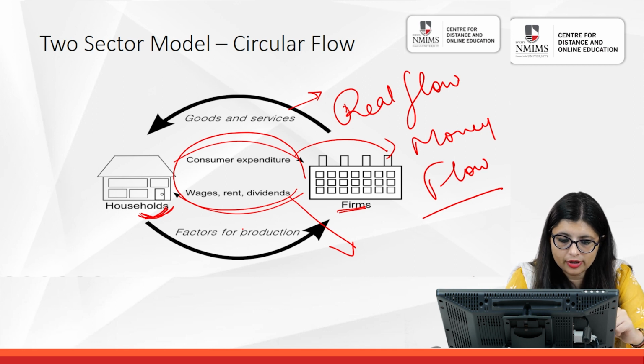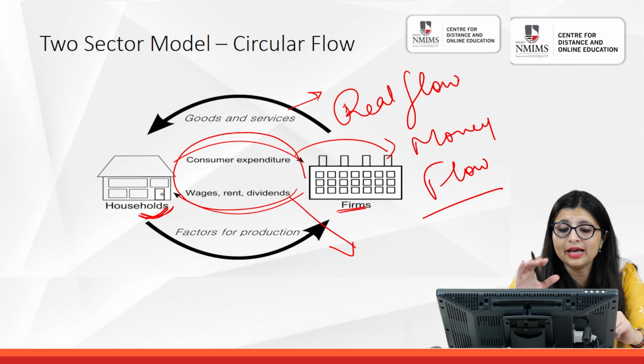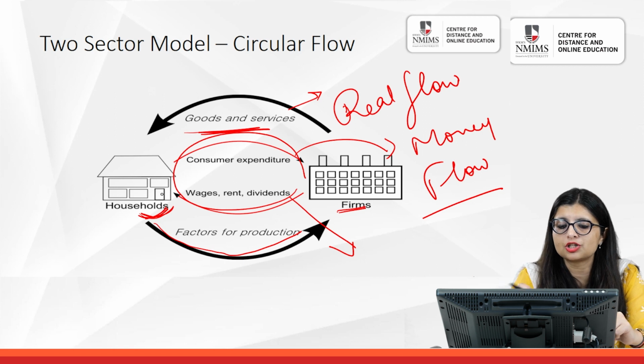On the contrary, the black arrow shows the real flow or the real sector, where money is not involved directly, but goods and services are exchanged for the factors of production